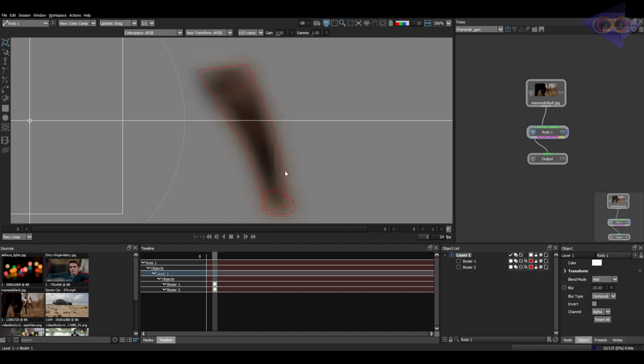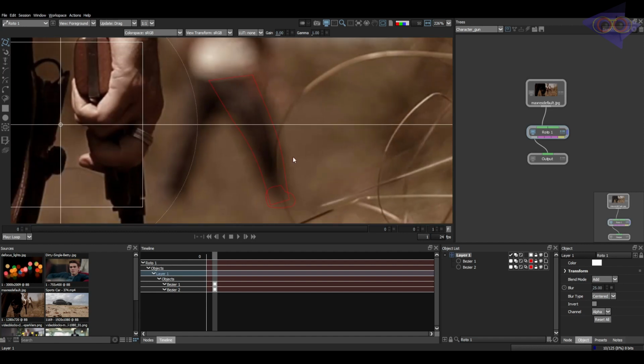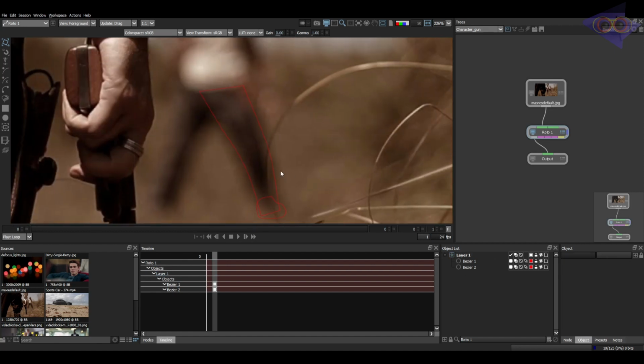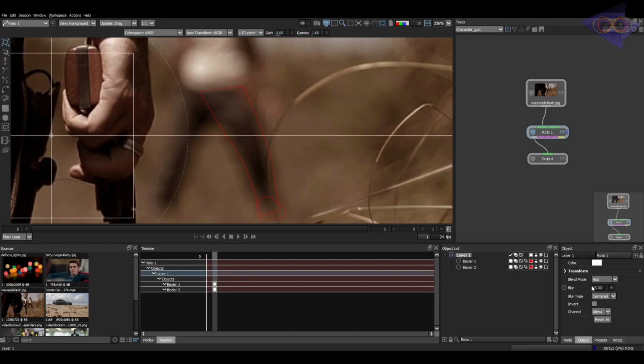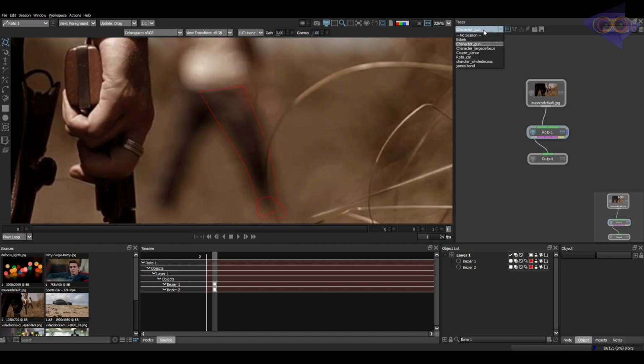Of course, this is not an accurate roto, this is just for tutorial purposes, so I hope you understood the concepts here. So this is yet another method of matching the defocus, just giving a blur, and in the blur itself we have different types of blur which I'm going to explain in another shot. We have inner blur, we have outer blur as well, so we're going to explain these concepts later. So let's move into another shot.